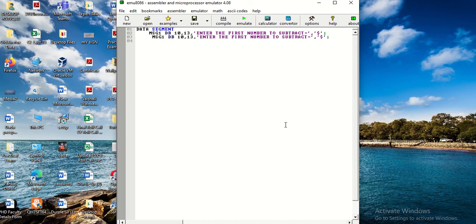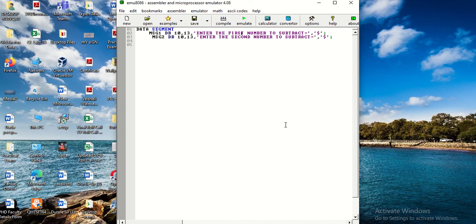Now I am taking another message 2, and I am using the similar symbol over here.